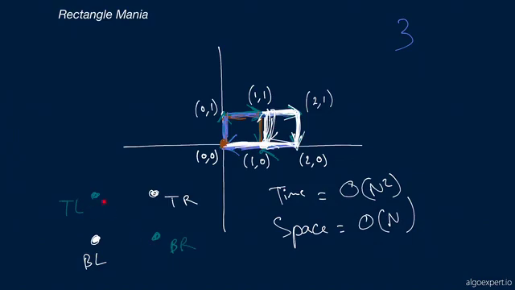And this is super easy. All I need is to take the x coordinate of BL and the y coordinate of TR, right? So if this is x1, y1, and this is x2, y2, then this green one is x1, y2, and this one is x2, y1. And if I store every point in a hash table,